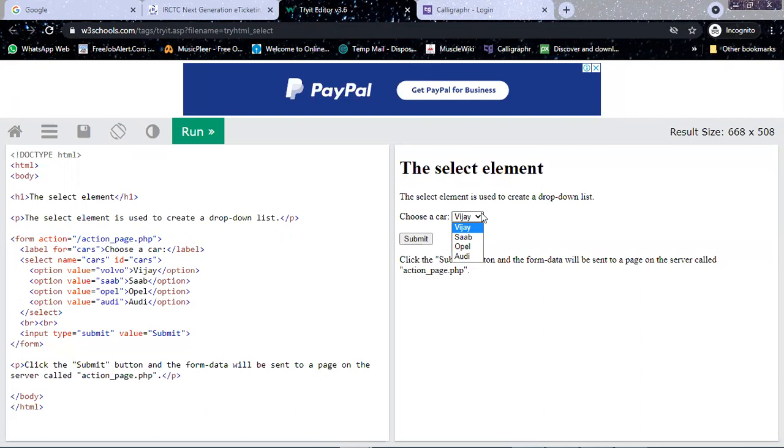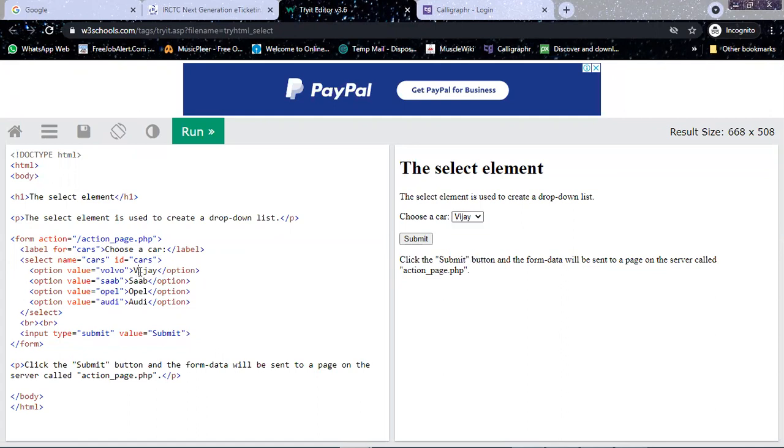If I ask you to choose Saab, you will not go to the HTML and you will not know the Saab with all small value, so you will not choose that. You will only use something that is visible to you. Whatever values you have between the opening node and closing node of your option, that is V caps, Vijay.